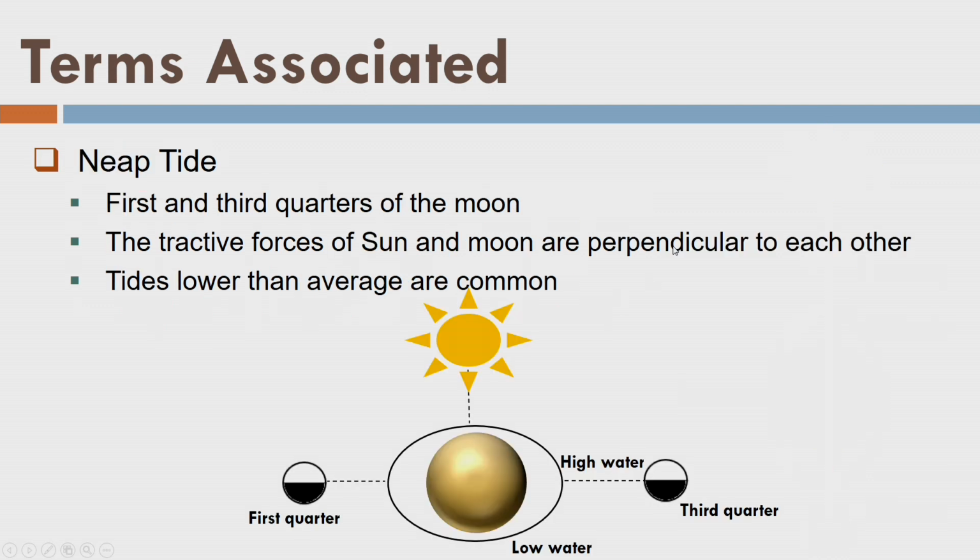Okay, fine. There is another phenomenon called neap tide, where the sun and moon are at 90 degrees to each other with respect to the earth. What will happen? As we know that the moon is more effective, so there will be a high tide here and there will be a high tide here, right? But you can see here that the sun is less effective, so we have a low tide here and a low tide here.